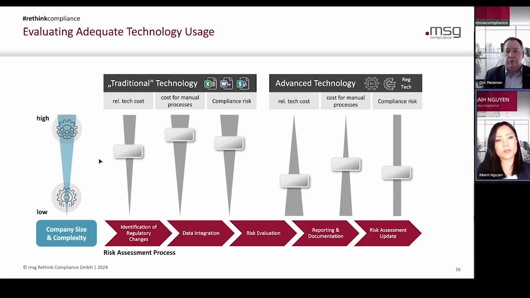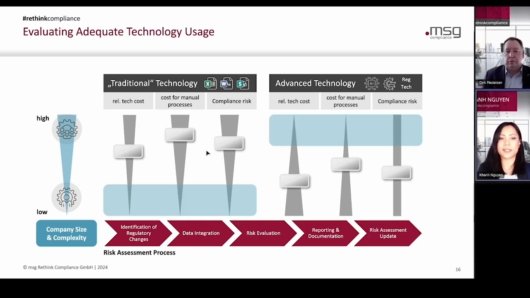So the higher the complexity, the better it is to look into the advanced technology side, where the relative tech cost, but also the cost for manual processes, are quite low. Whereas if you are a smaller institute, it can still be very efficient and effective to use the more traditional technologies. So the question that Dirk raised before needs to be considered from a more individual perspective.